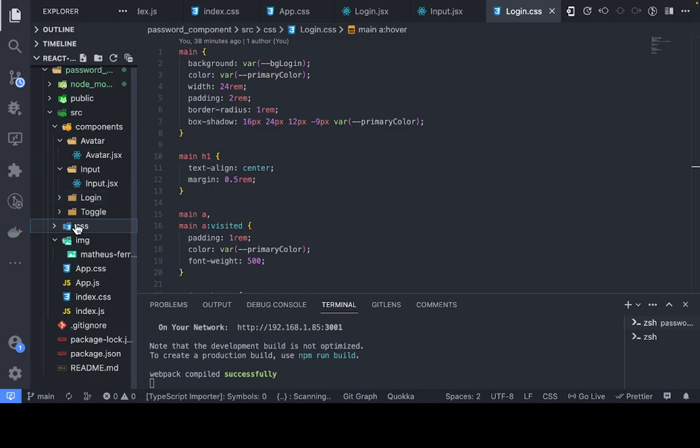Okay, so we have input.css, right? Now our input.jsx is pretty limited. There are many things we have to put into consideration for our input that we have not really put into consideration while working on it. Now within our input.jsx, right, we have